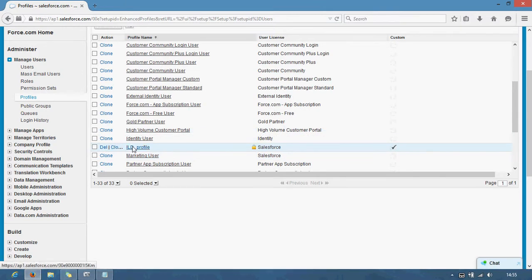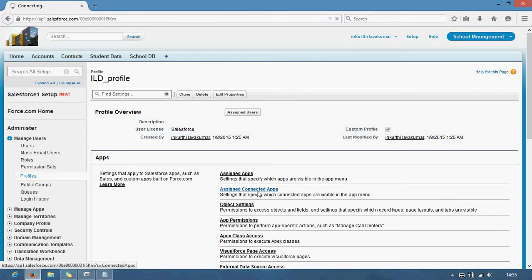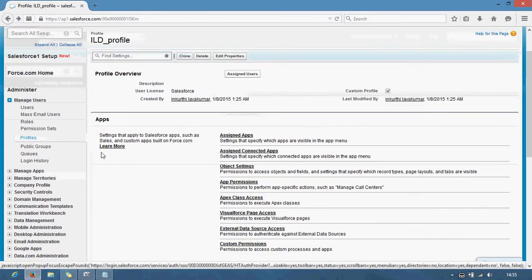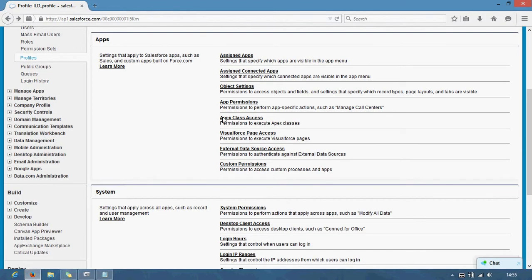Here we have app settings and system settings. In app settings we have assigned apps, assigned connected apps, object settings, app permissions, Apex class access, Visualforce page access, external data source access, and custom permissions. First, I will assign my apps.